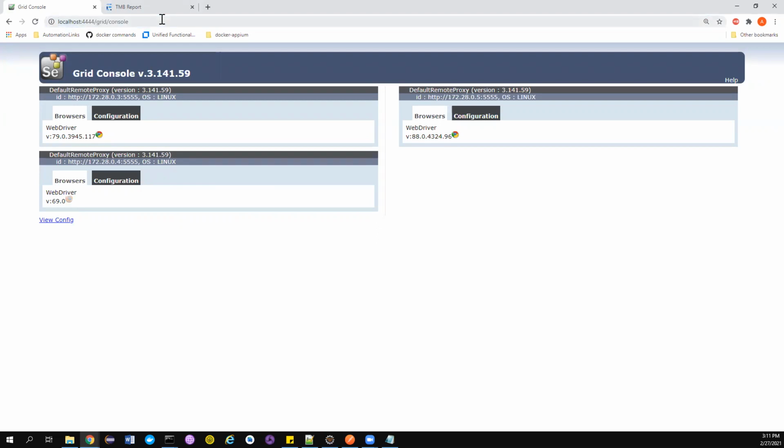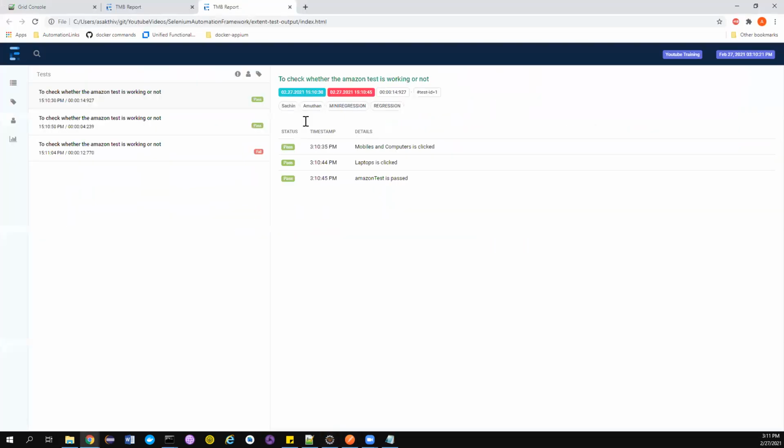But this time you are the one deciding which test needs to be run on which particular version of your browser. Again, guys, if there is no such requirement for you, then you don't have to make all these changes. You can just pass the capability as Chrome or Firefox, and the Hub will decide which node to run your test on. Everything is done and we should see the results in some time.